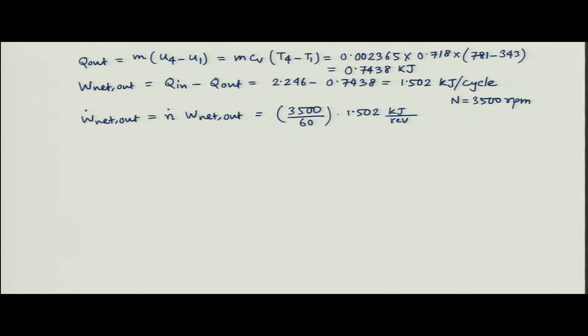Okay. So, it is a 2-stroke engine. For a 2-stroke engine, one thermodynamic cycle is equivalent to one mechanical cycle, so we can write it like this. But if it is a 4-stroke engine, for every 2 revolutions there will be 1 power stroke. Therefore, you have to use 2 in the denominator here. Okay. So, that will be the difference. So, it is a 2-stroke engine.